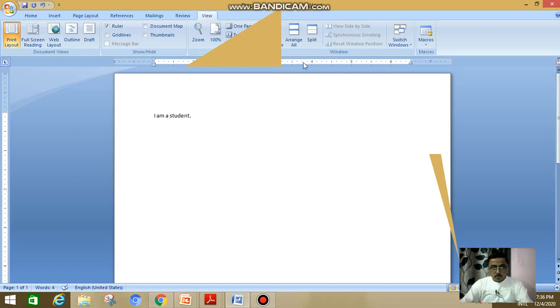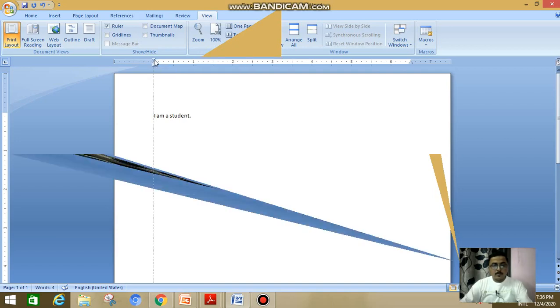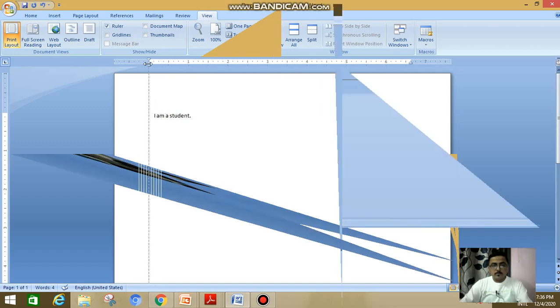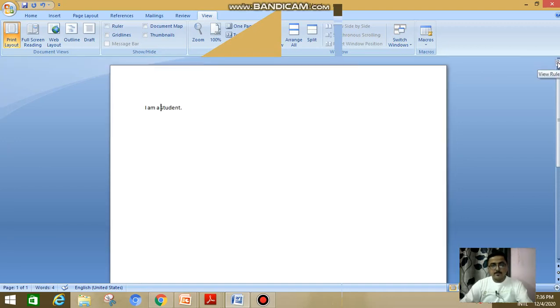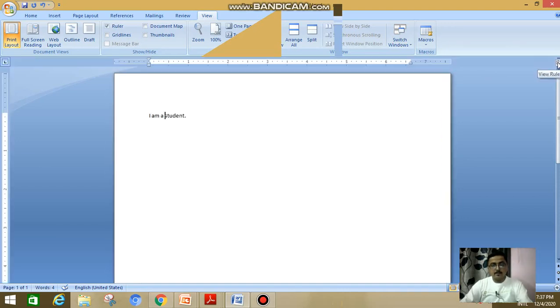This is known as the ruler, from where you want the printing to be done. It looks like this. The ruler can be hidden using this button. See here. If you click again, the ruler will come back.